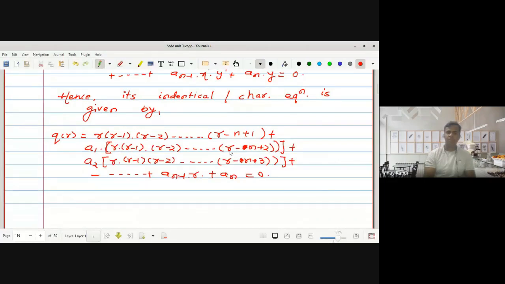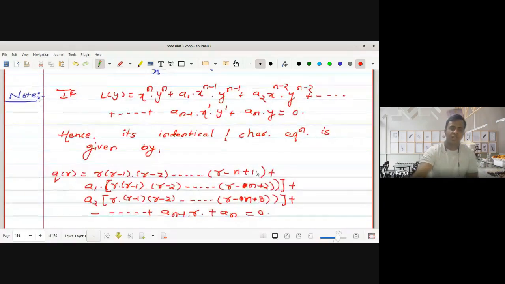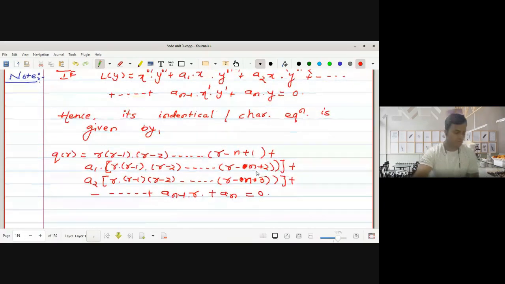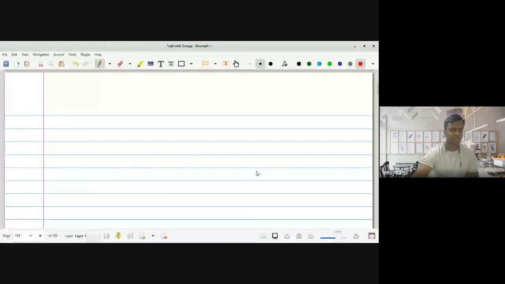So here r minus n plus 1, r minus n plus 2, r minus n plus 3, ओके. इथे शेवटी काय येईल n minus 1, r minus n minus n, r minus n plus n cancel, only r is present, okay plus n is equal to 0. So this is the characteristic equation for the nth order Euler's equation. Okay, now next question. Find